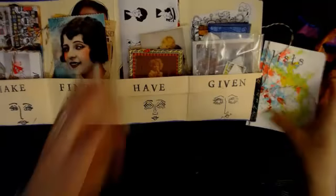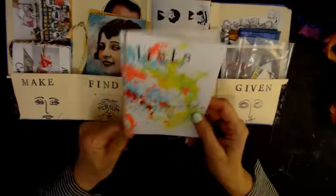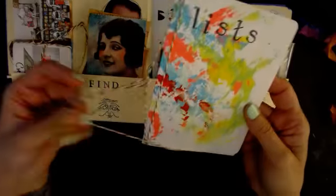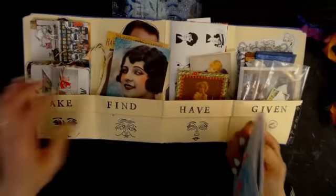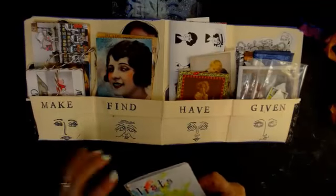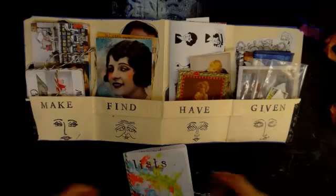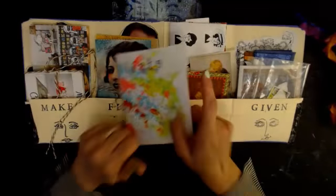Okay, so then also, and I could put this in have or make or whatever, but some lists. This is just a little book made with some of my jelly plated papers, or I don't even know. And that's another thing: if you're a jelly plater, jelly plate your folder. That's a way to decorate your folder. It doesn't have to be all people and things on there, although that's just kind of where I'm going with it. Anyway, this is some of the lists that I took out of